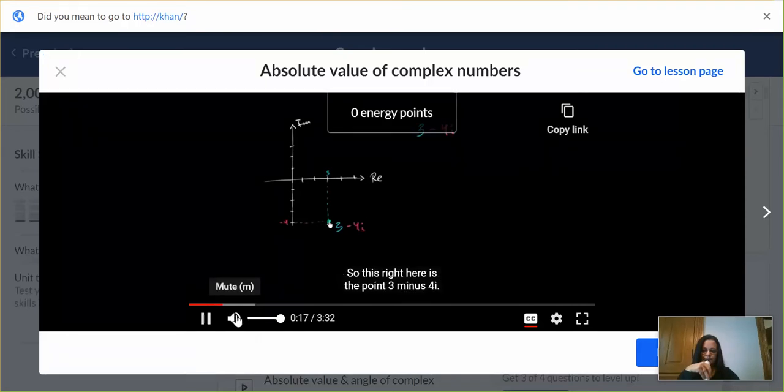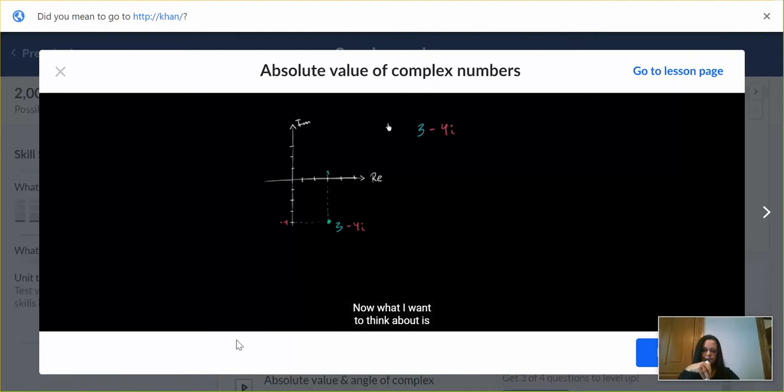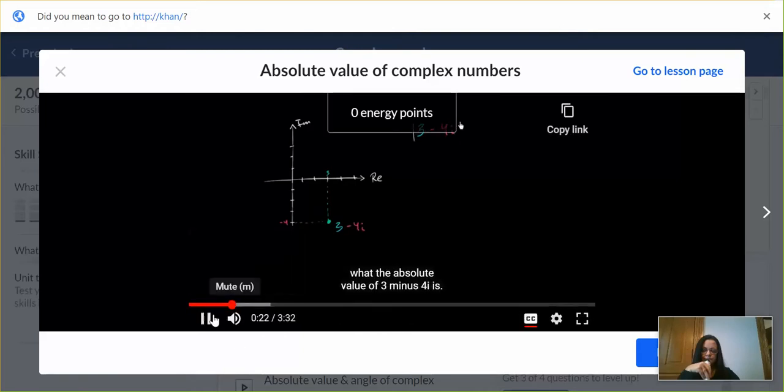Right here is a point 3 minus 4i. Now what I want to think about is what the absolute value of 3 minus